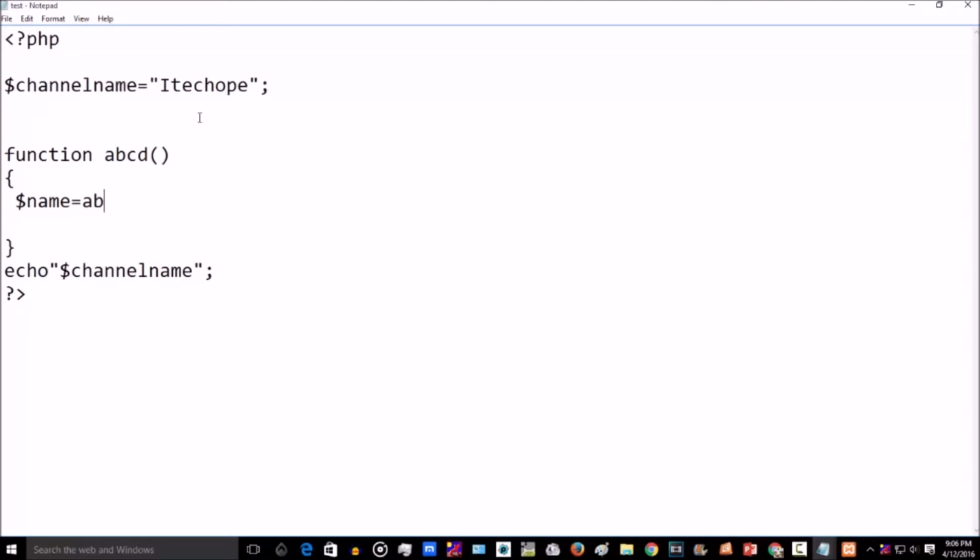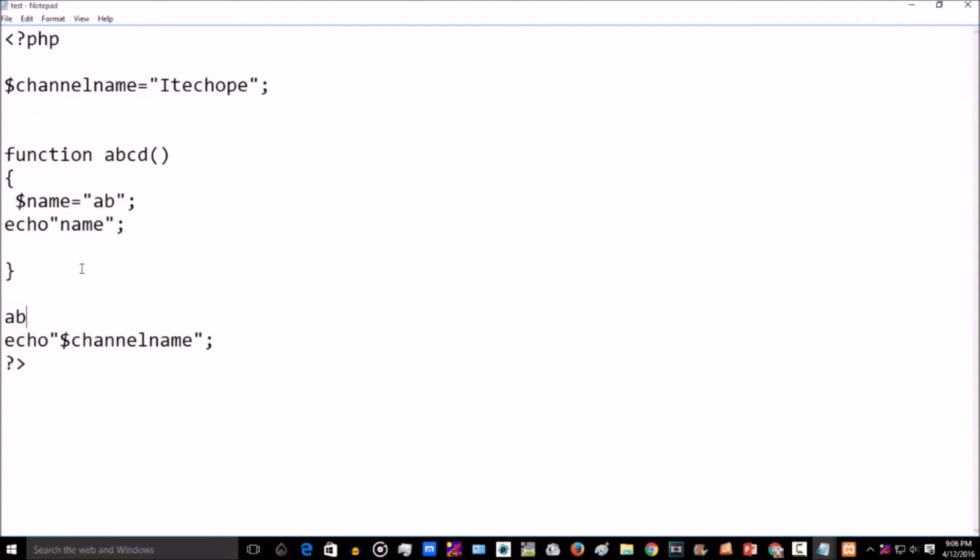iTakeHope here. Let's print it, echo $name, and let's call this function abcd.